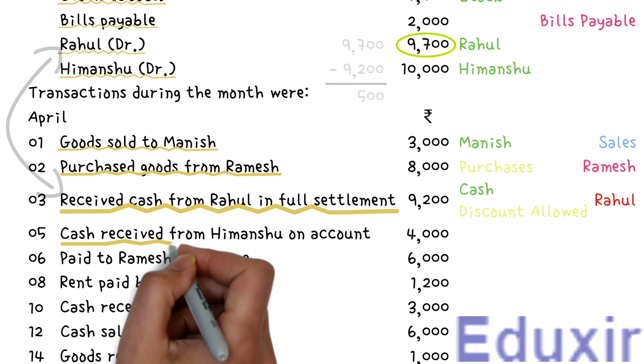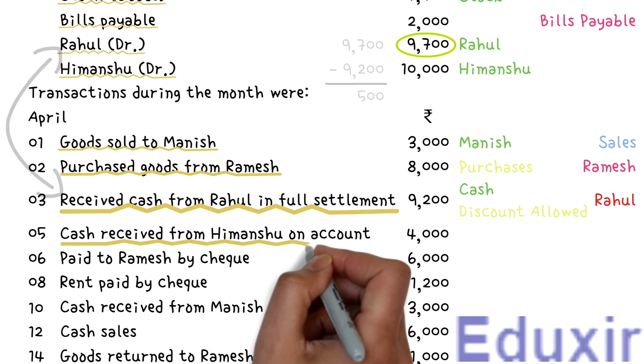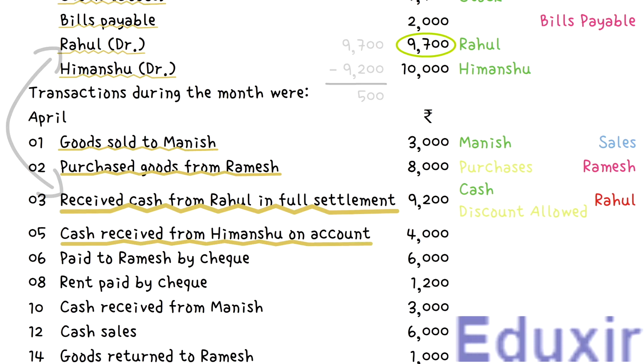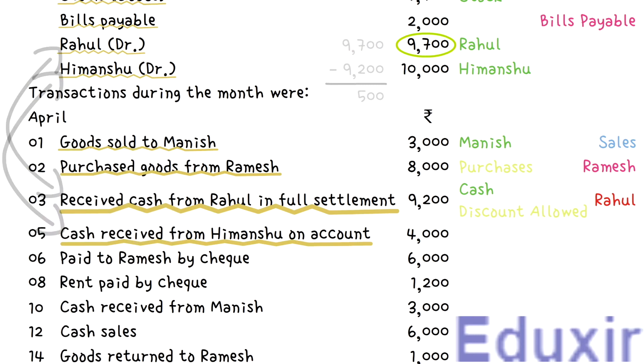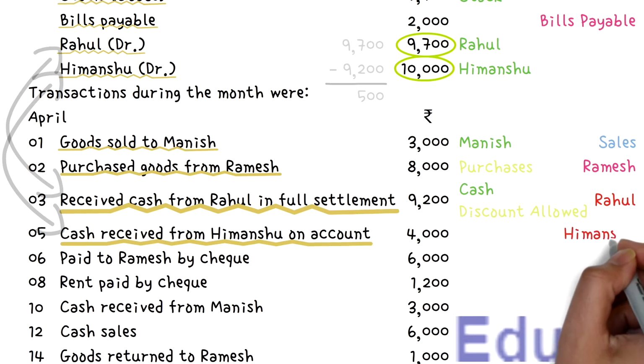In this transaction, the business has received a cash of 4,000 rupees from the debtor Himanshu. Note that this transaction is related to the balance brought down in the beginning of the accounting period, wherein the debtor Himanshu has to pay 10,000 rupees to the business. The debtor Himanshu is paying part of that amount to the business. As you know, when the debtors pay to the business, the debtor asset of the business will be decreasing. The rule to record any decrease in the assets is to credit the corresponding assets account. In this case, the debtor Himanshu account should be credited.